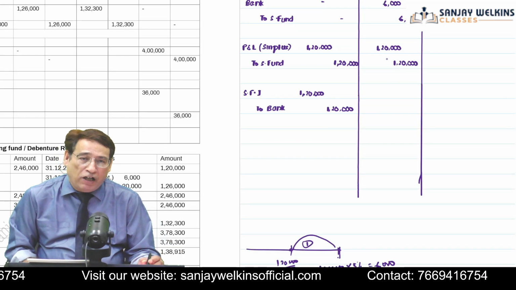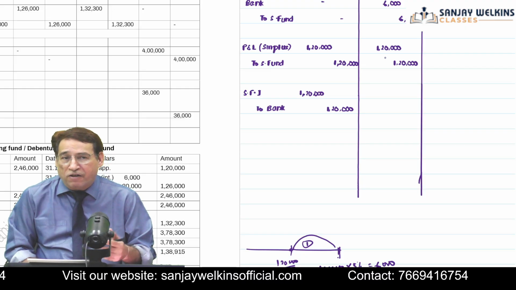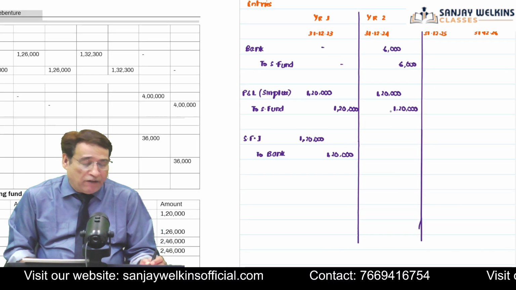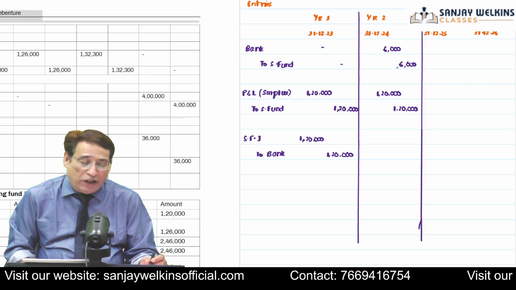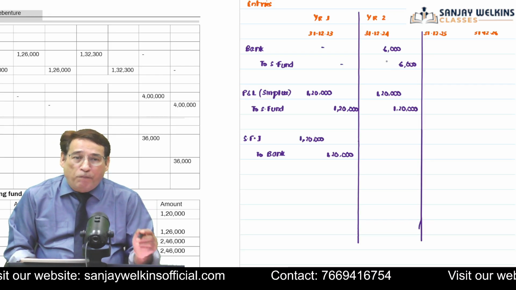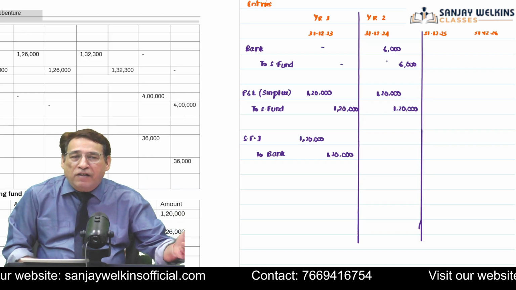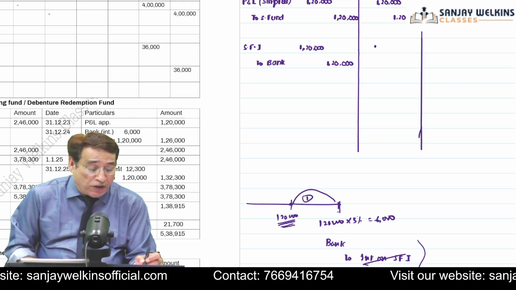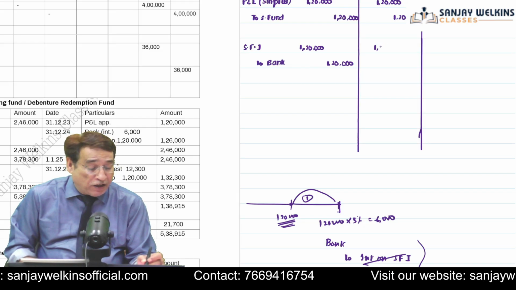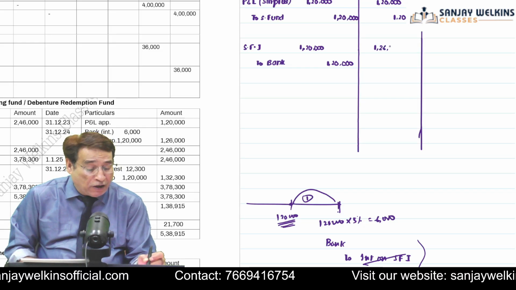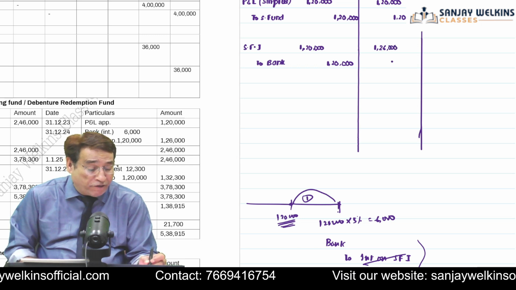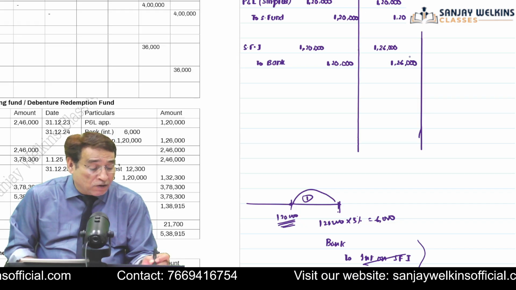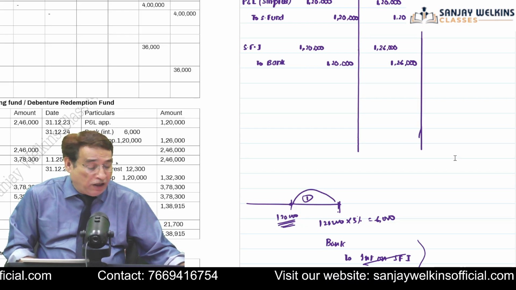Should I invest 1,20,000 or something else? Because in the current year, out of profit, you have saved 1,20,000 and also you have received an interest of 6,000. So better to invest 1,26,000. That is why at the end of the second year, when we invest the amount, it won't be 1,20,000, it will be 1,26,000. That means the amount of interest which you have received and the amount of appropriation which you have made. So 1,26,000 will be your investment.